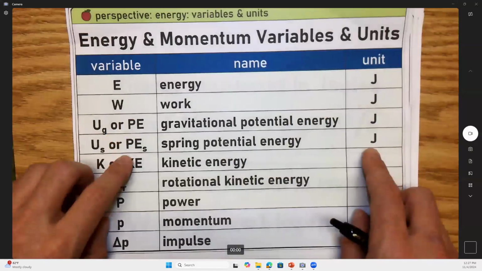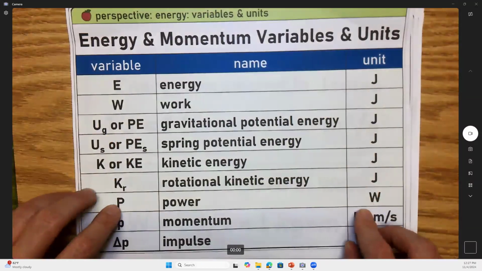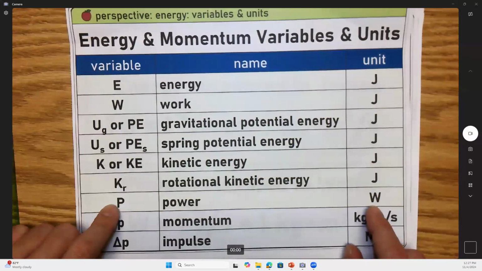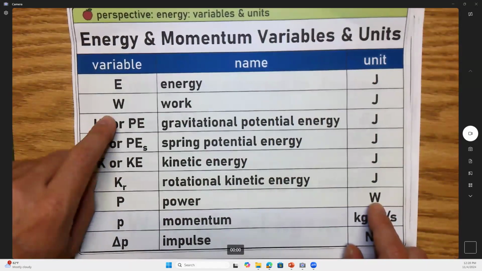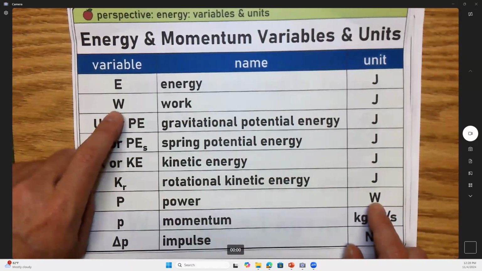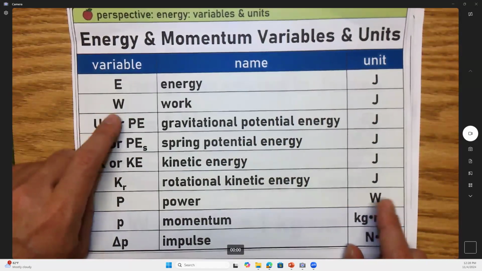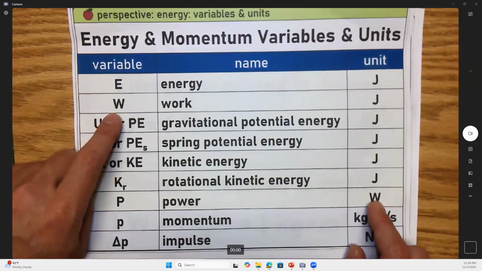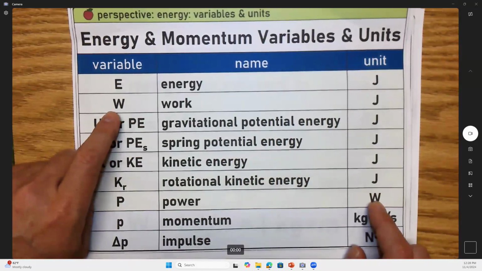We'll look at these in a few minutes, but I want to skip down here a little bit to look at power, measured in, what do you think this capital W is here? Watts. That's right. You guys ever look on a light bulb? It says like 40 watts on it, right? Now, don't confuse that with, guys, look at this capital W over here. Guys, there's 2 capital W's on this table, and they mean totally different things. Right? I'm helping you guys out. Don't get mixed up, right?